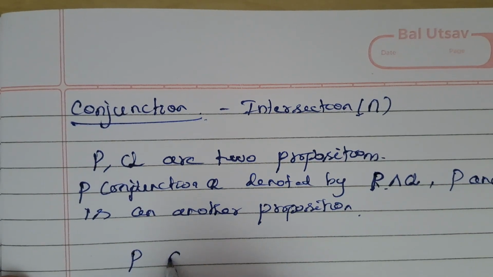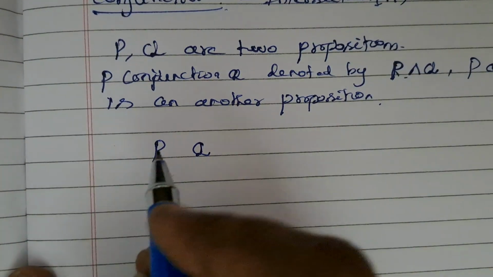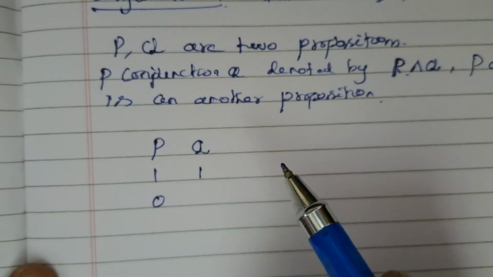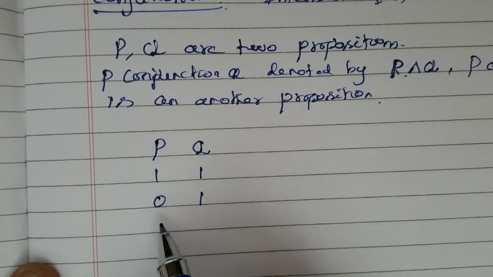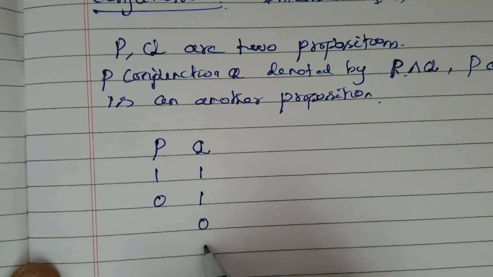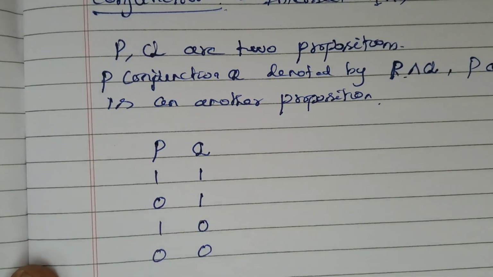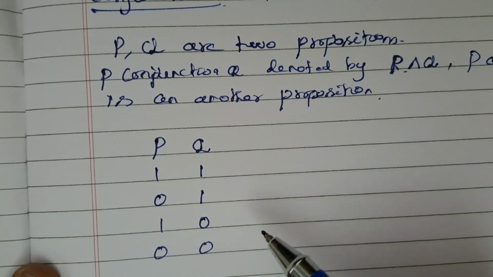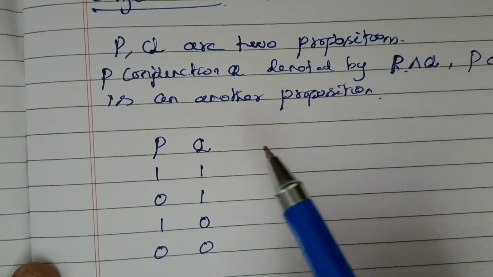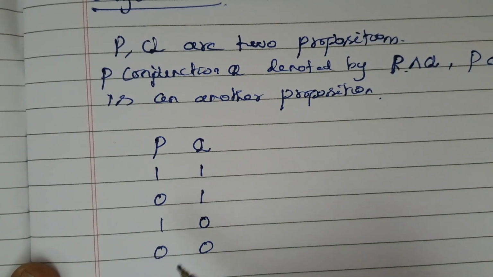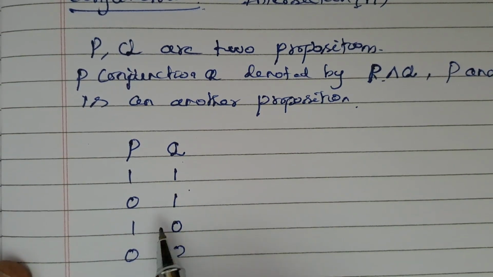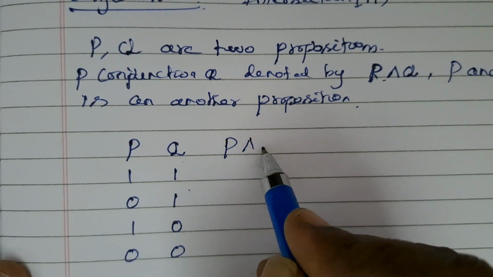So I'll start with P and Q. What are the truth values for P? It is 1, 0. Suppose P is 1, Q may be 1. If P is 0, Q again 1. Suppose for 0, if I take for Q, it is 0, we have 1, 0. You can understand here there are 4 combinations, because we have 2 variables, each has 2 values. So it is 2 power 2. Suppose if you take 3 variables, each has 2 values, then it is 2 power 3 combinations you have. So for P and Q, there are only 4 possible combinations, and P and Q